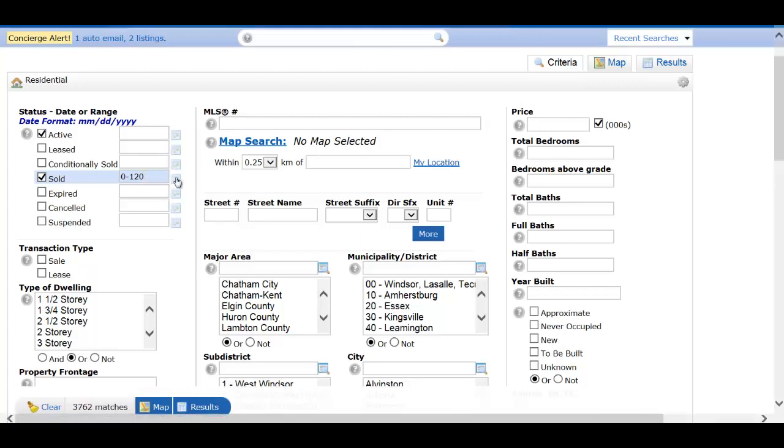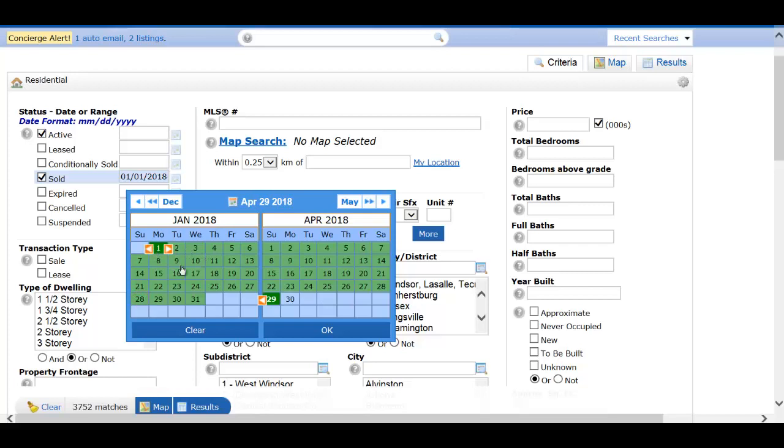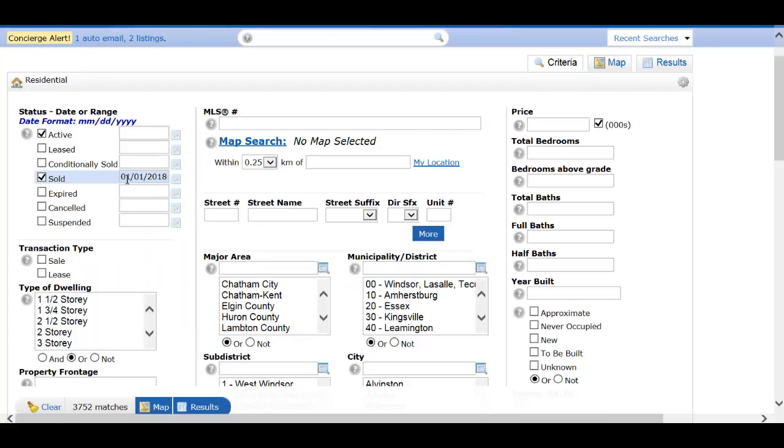I could always use the calendar, which is right here. I personally don't like the calendar too much because if I know my dates, I can always type that in. But here, if I go back to, let's say, January 1st, and then up here is today's date, I can click on it and it picks everything from January 1st to April 29th and hit OK. But another way you could have done it, and the way I like to do it, is just simply type in my date range,